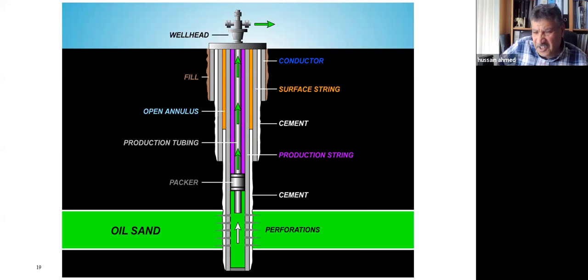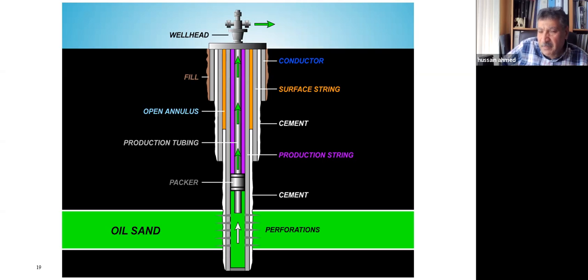do I have an internal problem in the wellbore? Am I facing some kind of leak or release of fluid between formations, between casings, between the packer and the upper part of the packer, between the annulus and the tubing, or the tubing and the annulus? Do I have any leaks in the wellhead? That's the idea of well integrity.